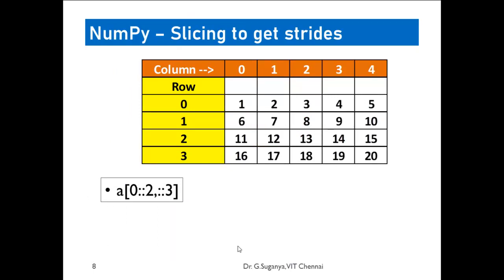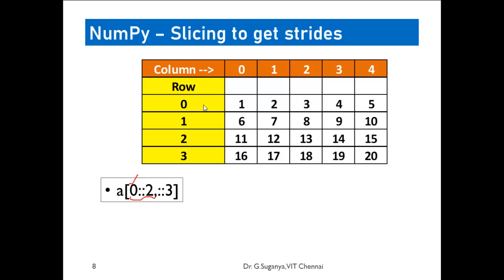Now coming to a more specific kind of slicing. A special kind of operation performed on slicing is what we call striding. Suppose I don't want all the continuous values, I want only values based on a particular interval. That is what we call striding. Look at this: 0 colon, colon 2. What does it mean? Start value 0. The stop value is not specified, in the sense it should go through all the rows. And what is the step? You have to go in steps of 2.